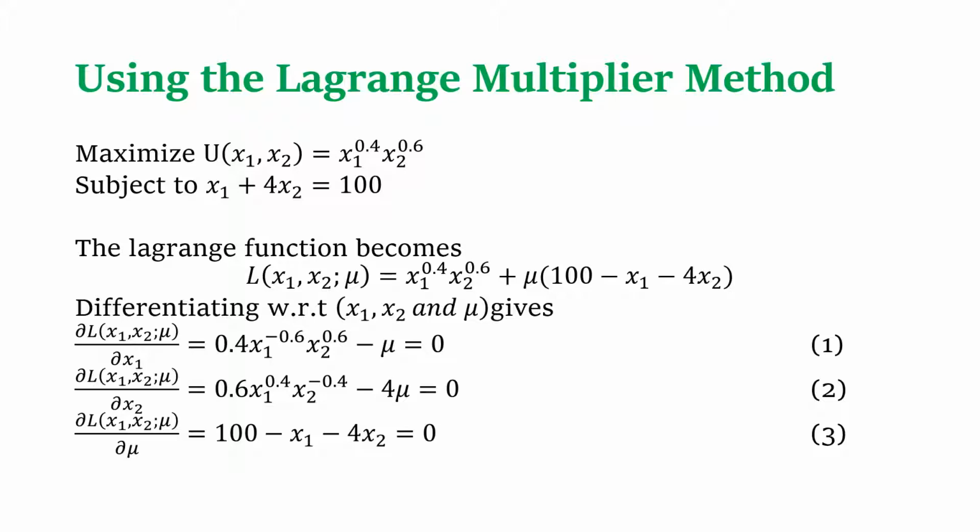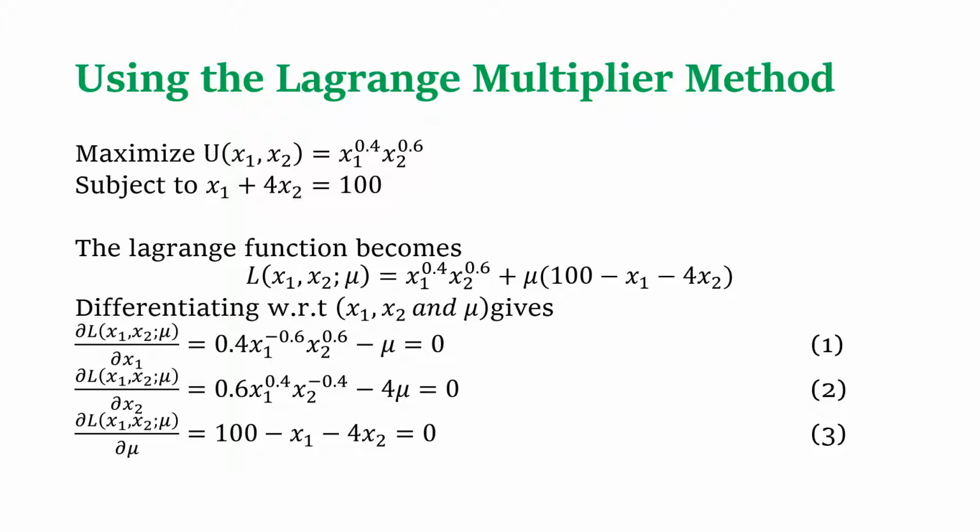Now, if we hold all the other variables constant here and concentrate only on x1, we take the exponent of x1 and multiply by the utility function, right? That gives us 0.4 x1 to the minus 0.6, because we know 0.4 minus 1 is minus 0.6, and then x2 to the 0.6, and then minus mu. Remember, you have plus mu here times minus x1, which is minus mu x1, so minus mu, that is equal to 0. We do the same thing for the function with respect to x2, and then we have this second equation,